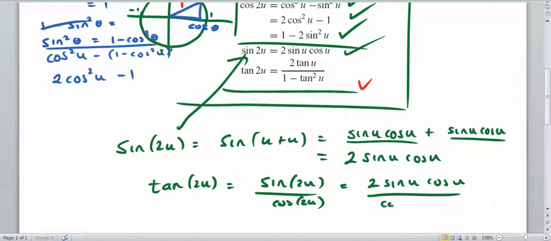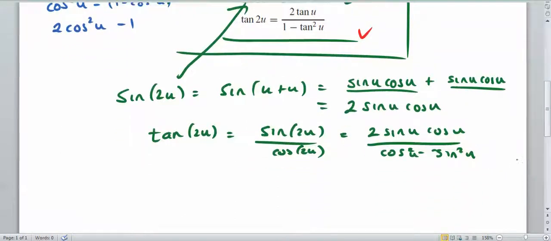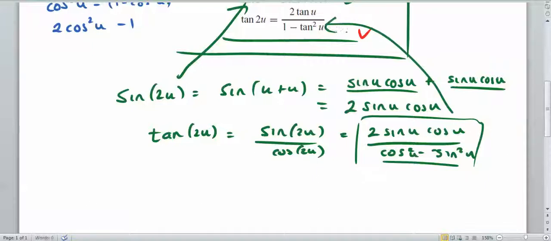Cos squared u minus sine squared u. Okay, now we could break this up if we wanted to, and I guess from here I could eventually get to this. I'm not going to do that today though, because